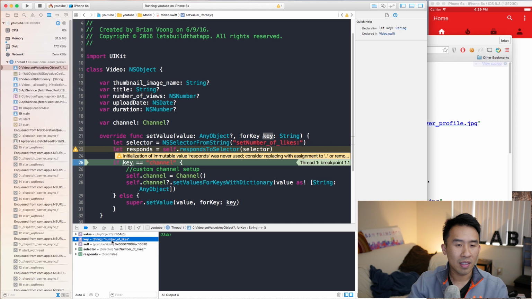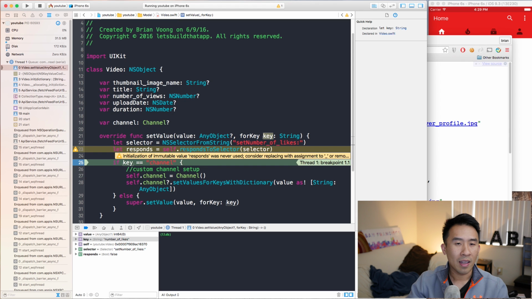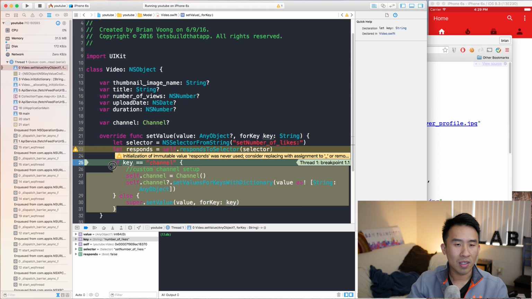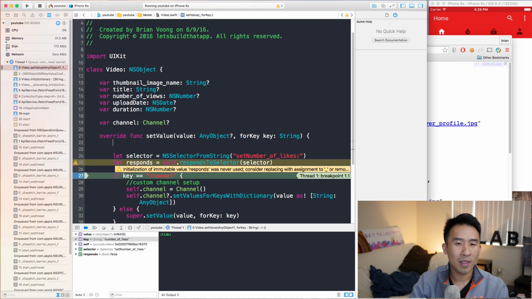And whenever it is this number of likes, we will kind of tell the setter to avoid all of this code down here. So I'm just going to show you how to do that really quick by first constructing the string that represents this chunk of this setter right here. And first I want to get the capitalized first character of this key. So for example, the N in this case will be, let's see, uppercased first character